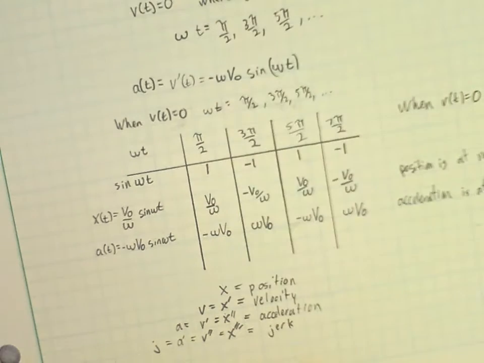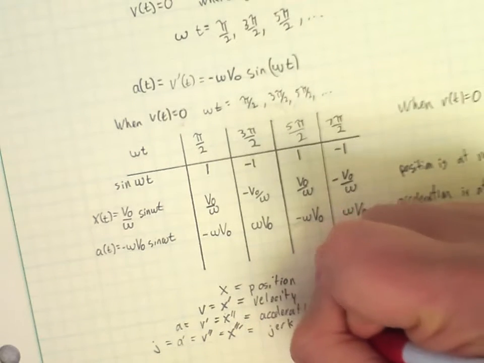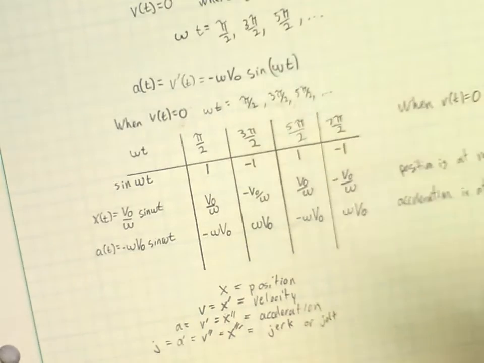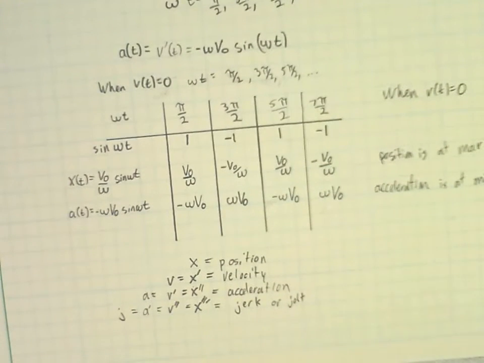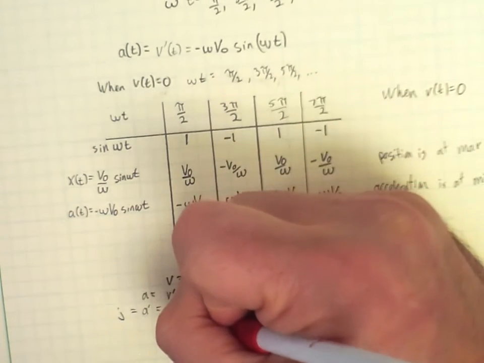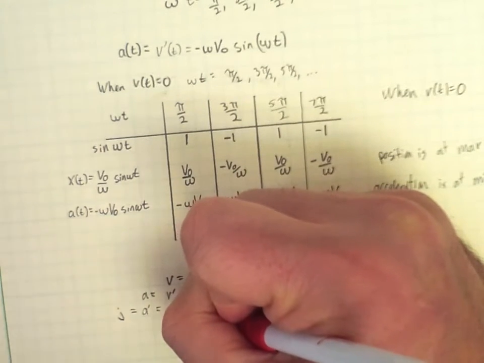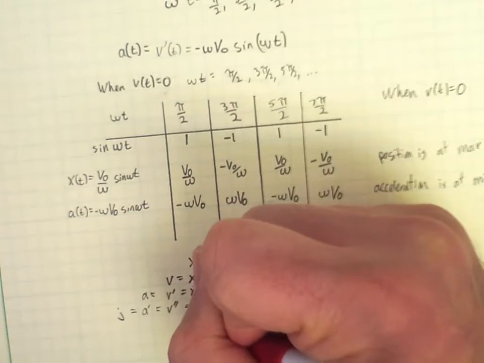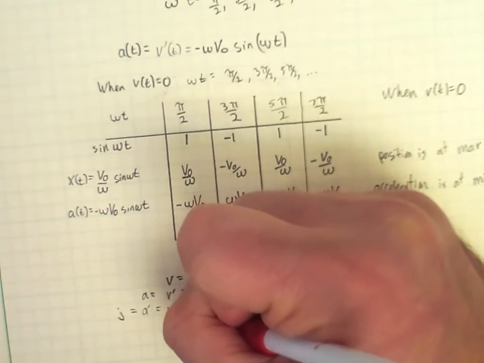That's why we get a j. And we can keep going past that. It's also sometimes called jolt. If you think of a change in acceleration, yeah, it's a jerk or a jolt, a sudden impact. If you do the fourth, and it gets really weird to start writing it this way, but 1, 2, 3, 4,